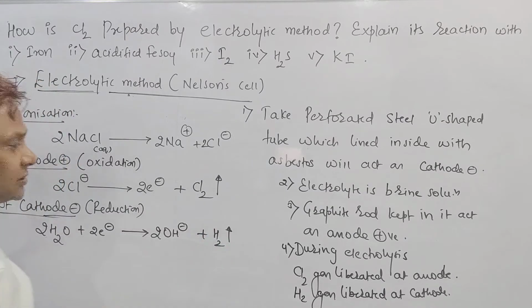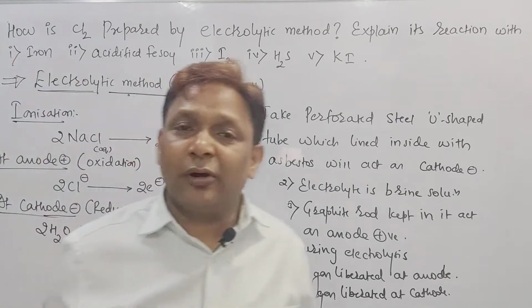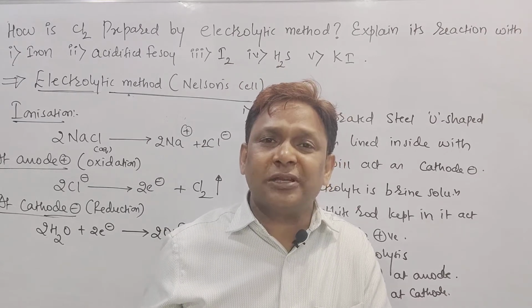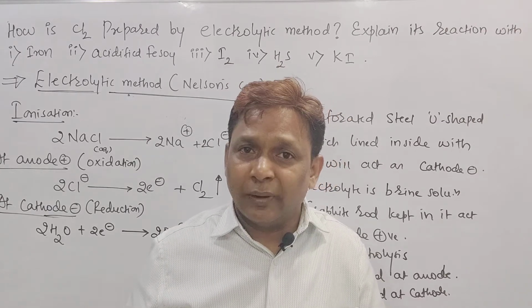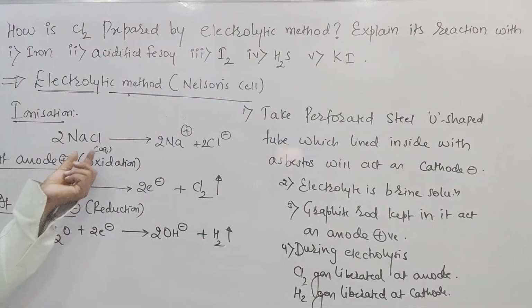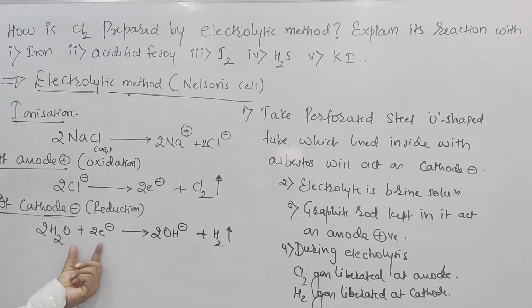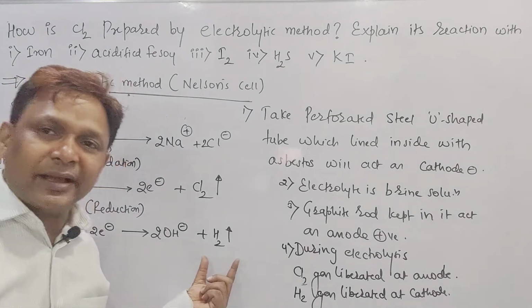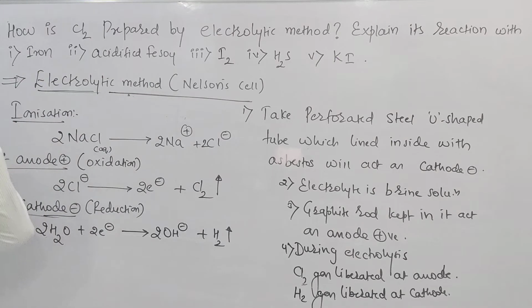See, beta, the previous reaction which I wrote is the reaction for molten NaCl. Na plus goes to the negative electrode, Cl minus goes to the positive electrode. But it is not molten, it is in the aqueous form. In the aqueous form, the water molecule, by gaining 2 electrons, will form what? 2 OH minus, and it liberates H2 gas.